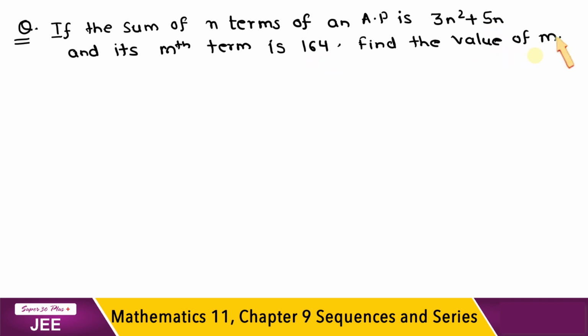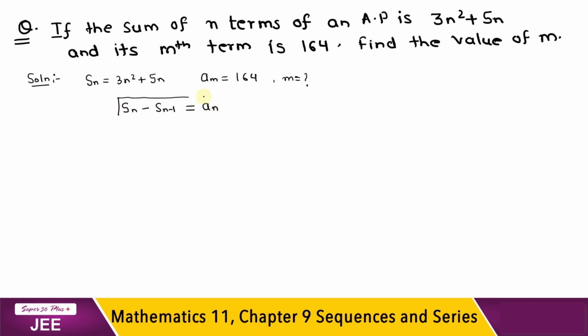We have been given the sum of n terms as 3n square plus 5n, and the mth term, that is am, is equal to 164. Then we have to find the value of m. Now here is a very important concept: whenever you have to determine the general term from Sn, that is the sum of n terms, you are supposed to use the fact that Sn minus Sn minus 1 is equal to An